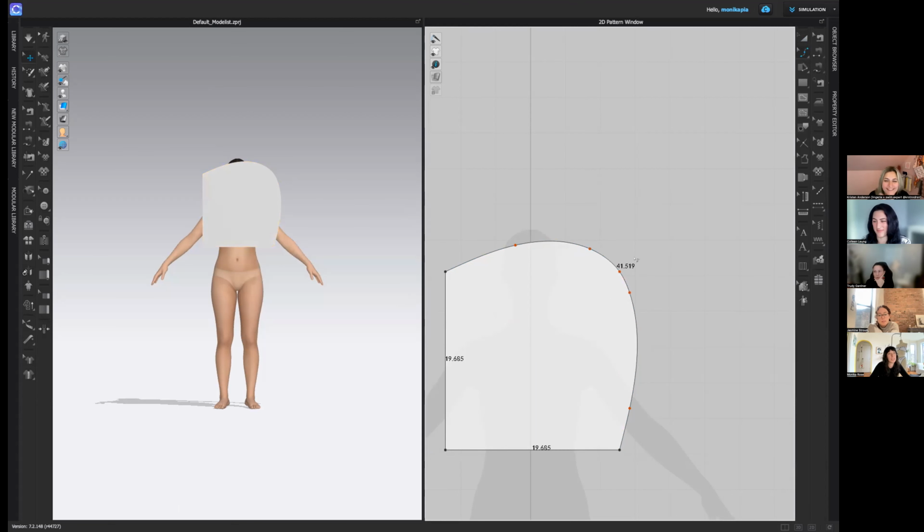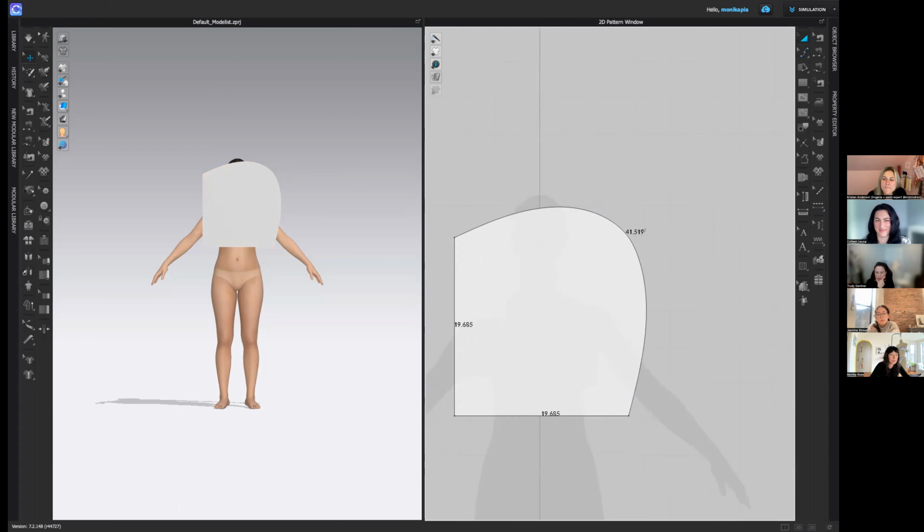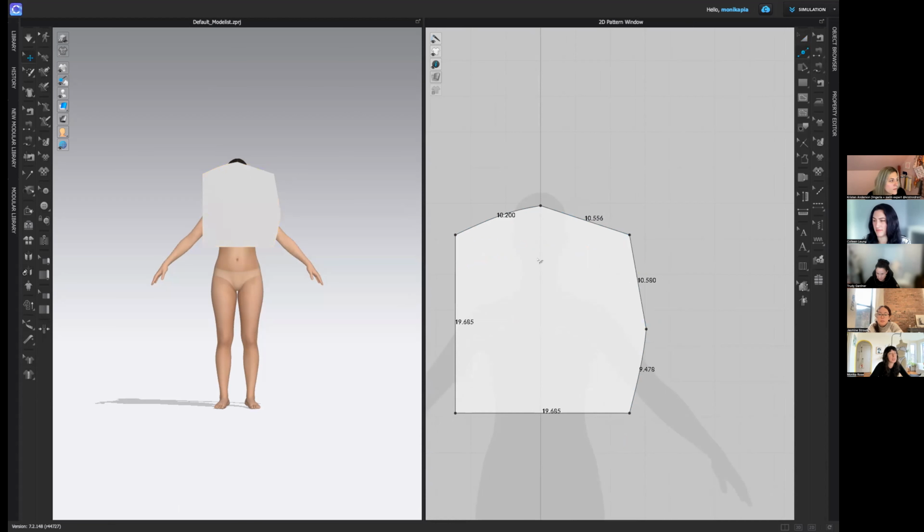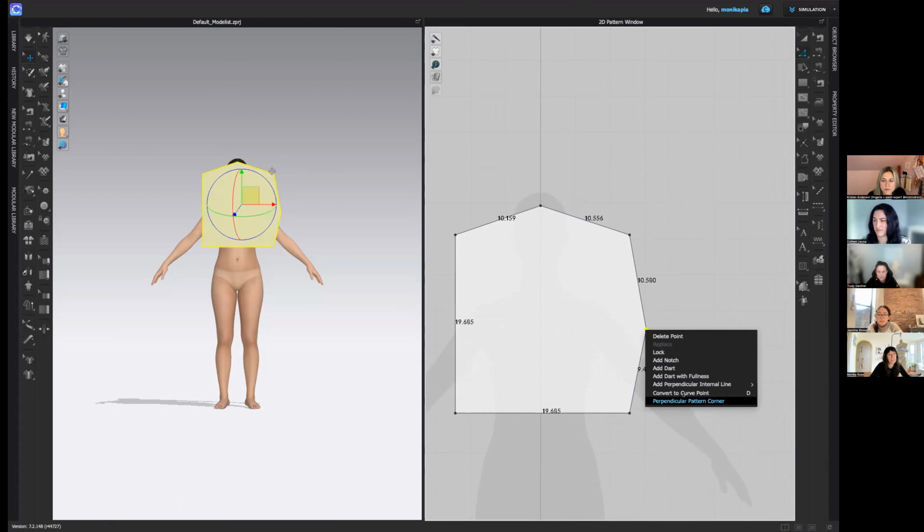One more thing, since we're here, that we might want to show: if you have not curve points, but regular points, like your add point split line, if you just have a bunch of those, you can convert those to curve points as well. Right. So I just press X to add some non-curve points, and you can right click and do convert to curve point, and that will give you a curve point,